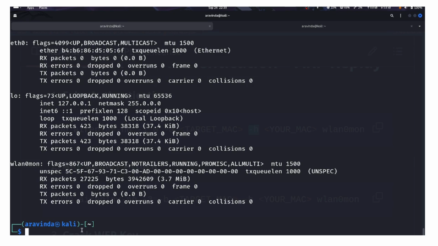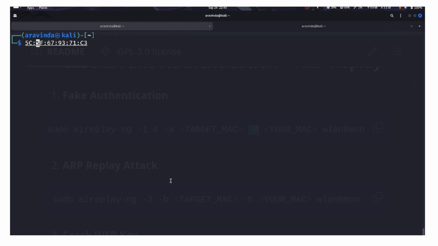You need to give it with a colon instead of the hyphen. So this will be our MAC address